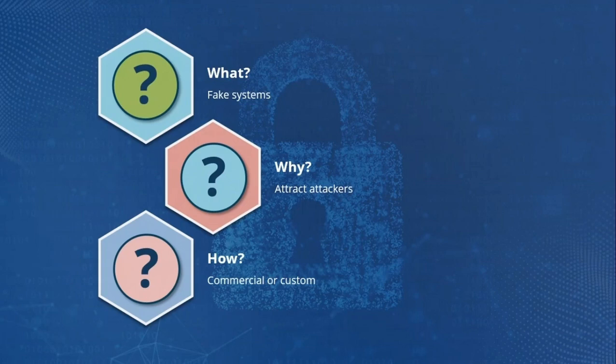Now there's a couple of rules. The data has to look real. You can't name the customer accounts Clark Kent and Barney Rubble. They have to appear to be real. And secondly, the security of the system has to be just slightly less than your real system. It can't be absurdly unsecure. Totally unpatched system with a password of password. Frankly, any attacker that's at all good at what he does will realize that's not legit and will not go to your honeypot. So those are some rules on how to do it.